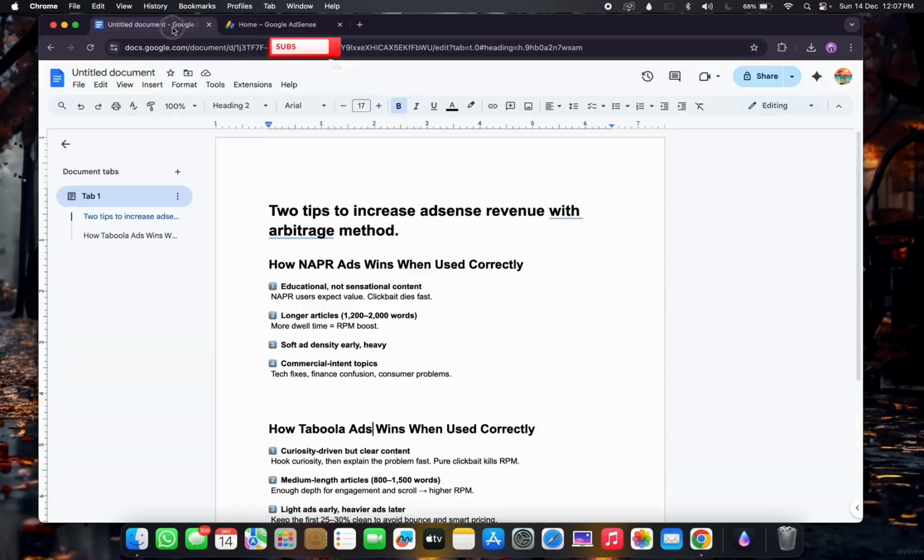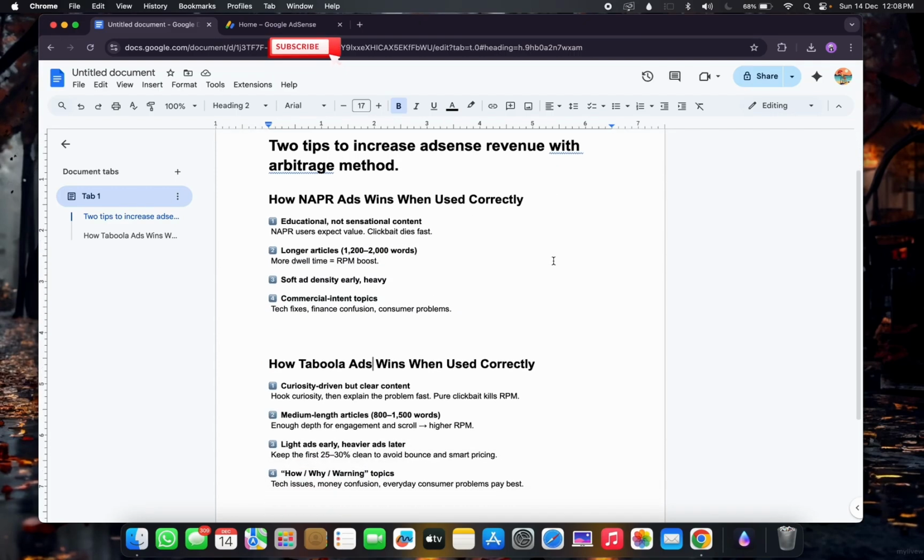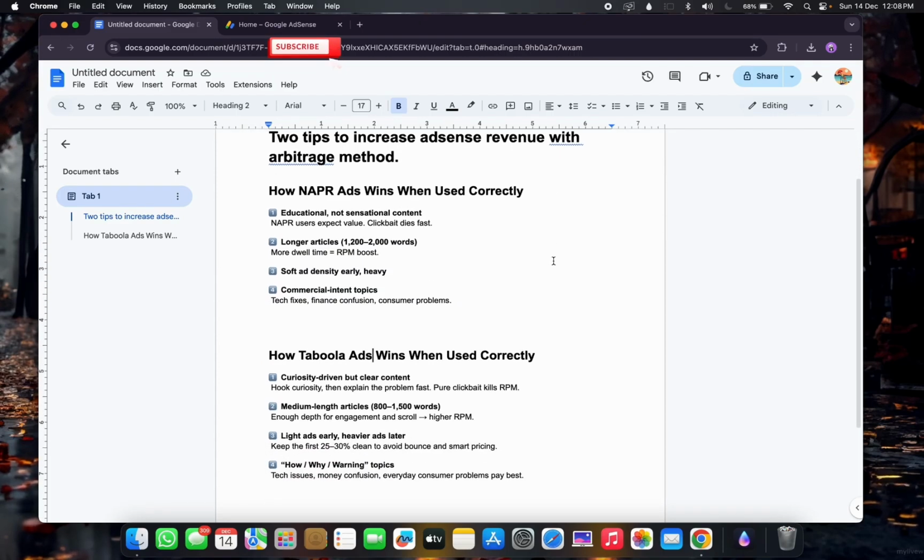So let's continue. You can see that I work with 2 major ad networks. The first one is Snapper Ads and the second one is Taboola Ads, and I'm going to be telling you how the 2 of them work, and why I choose one and why I do not like using the other. So first of all, let's talk about Snapper Ads, which I don't usually use,